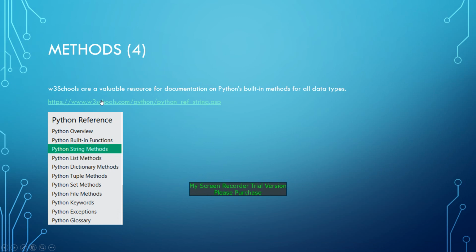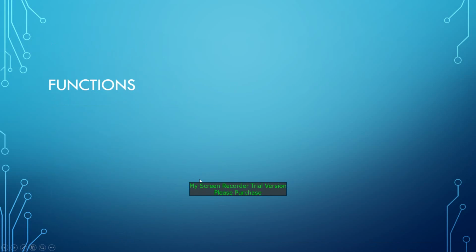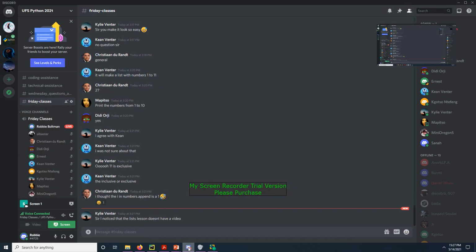So using the W3Schools website, they have an abundance of resources for finding methods. Next, we move to functions. Functions are very similar to methods. A function is also a block of code executed when it is called, but unlike methods, functions are not performed on